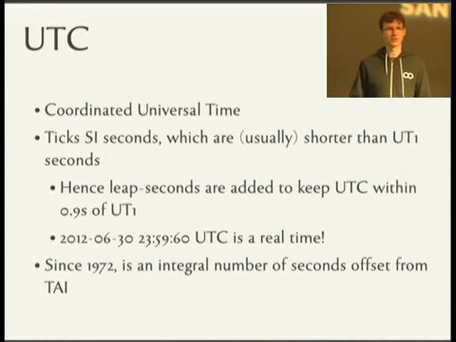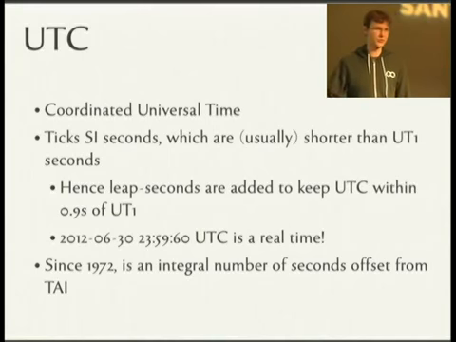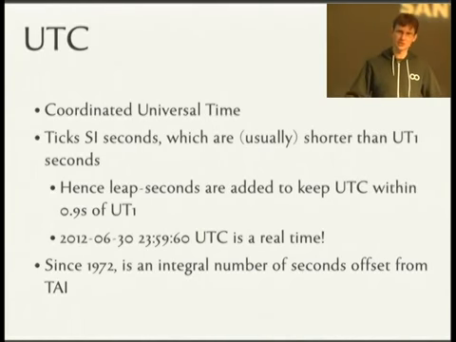Because the rotation of the Earth is so unpredictable, leap seconds aren't announced more than 6 months in advance. So you can't know what is going to be a million seconds in the future. You don't know what time that's going to be, because we don't know how quickly the Earth is going to be turning. But for 6 months, you can tell. And historically, we know what we actually did insert.